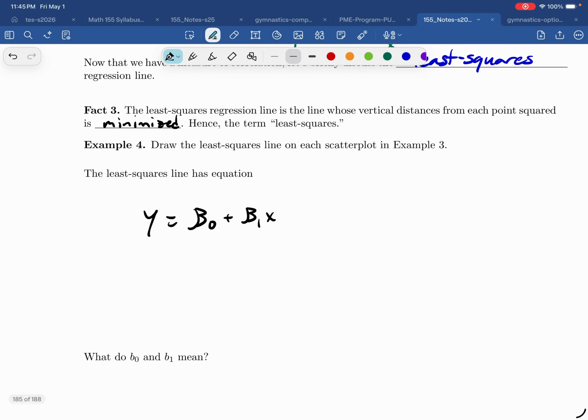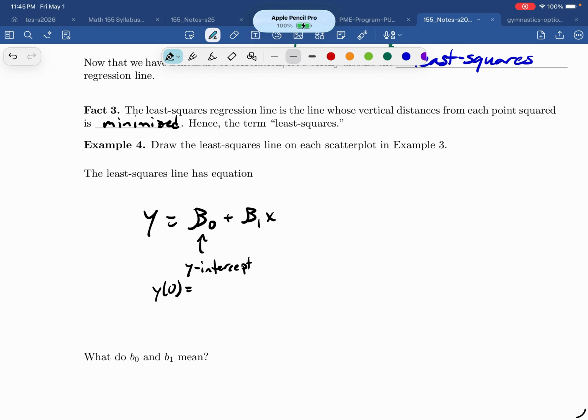But let's be clear about what this means. Beta naught is the y-intercept. So that means that if you plugged in 0 for x into this, then you would get, I guess I'll just say, y of 0 equals, what is happening? Okay. Sorry about that. That's weird. Y of 0 equals,